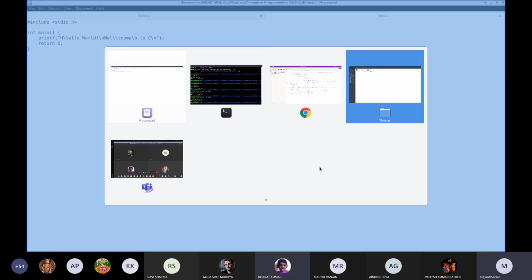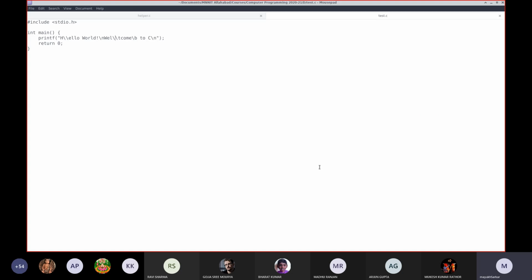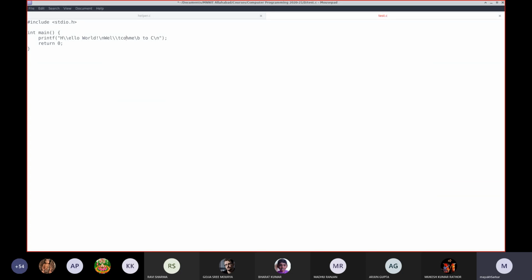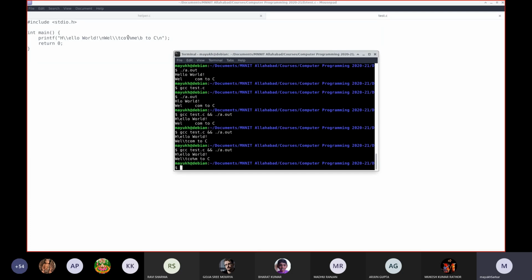Just let me check. So for example, if I provide two percentages here, this will print a percentage here. Or if I provide a slash percentage here, okay, slash percentage does not work.